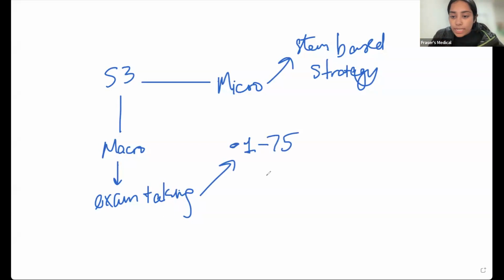That was definitely the way that I did it, mainly because it limits bias. It also makes sure that I give every stem a fair go and don't miss things here and there, because otherwise I'm choosing stems that I want to do first and then I figure out in the last 10 minutes that I have like 2 stems left. So chronologically worked for me, but for other people it might not work as well. The reason being that if the first stem that you see is a difficult one, you may get a little discouraged and the rest of the exam is impacted. That's one of the disadvantages of that macro strategy.